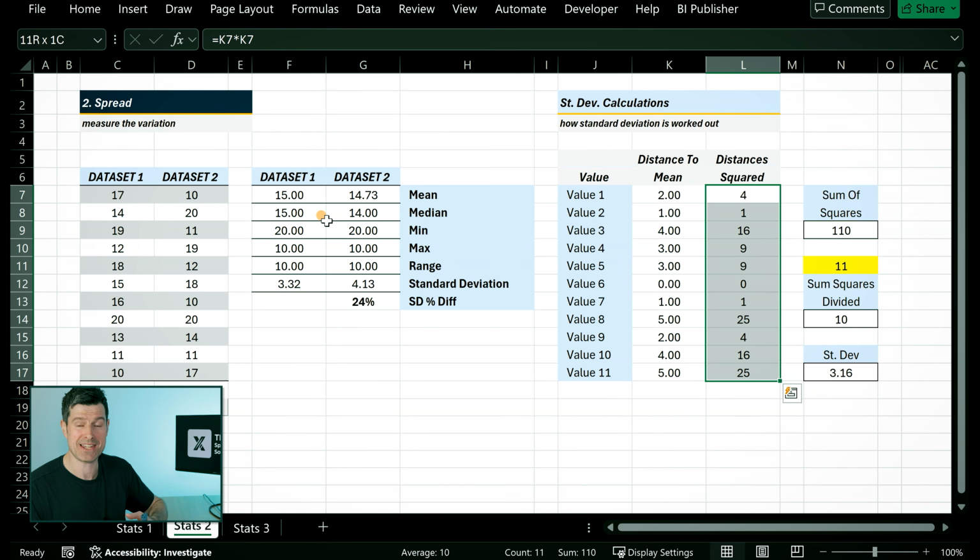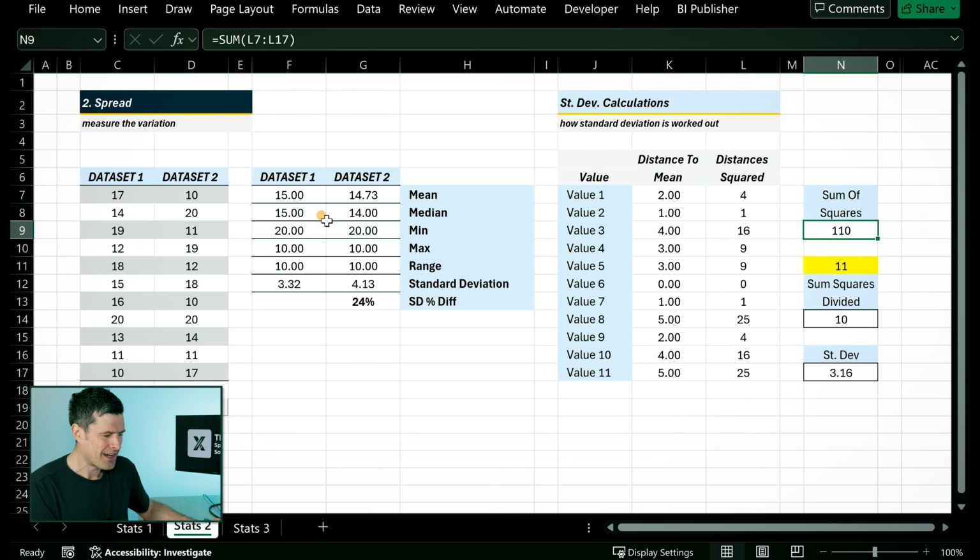Why do you square the differences? That gets rid of any negatives, because a negative multiplied by a negative gives us a positive. We want to have a positive value here. That gives us the sum of squares. The sum of squares, have you heard that in your old stats lessons? Perhaps. The sum of squares is the sum of all the distances squared, and we then divide that by the